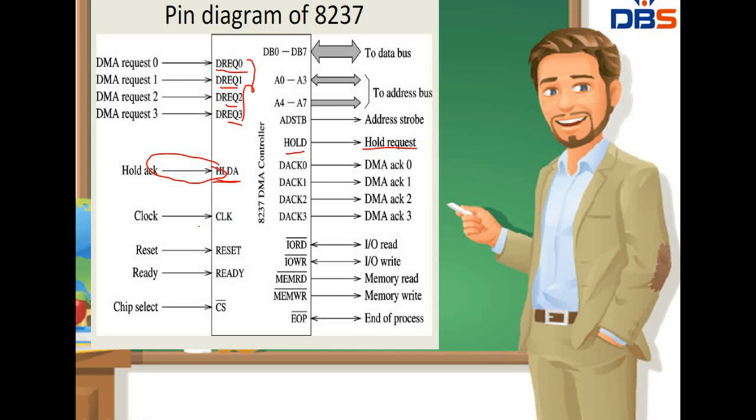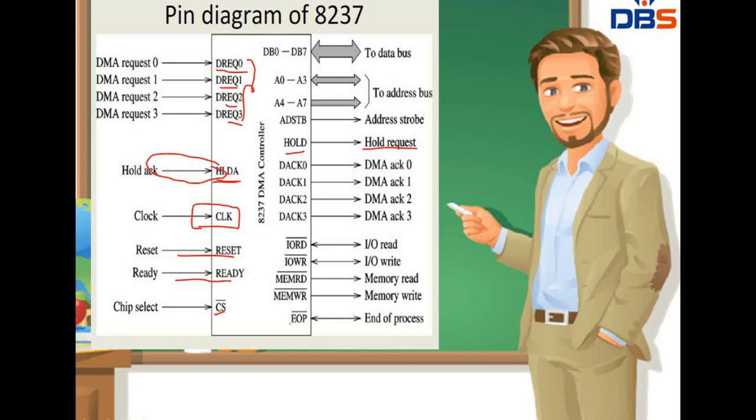Next one is clock. As we know, for every DMA channel we are going to send the clock pulses through the master, that is the CPU only. So these clock pulses decide the frequency. Coming to reset, it clears the command, status and the request pins, etc. Everything will be removed. Coming to ready, it indicates data is ready to be accessed by the microprocessor. Chip select selects what type of mode, whether it is an IO mode or a BSR mode.